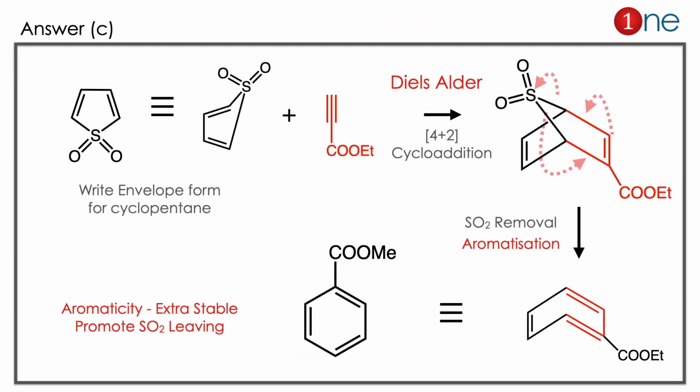This is a Diels-Alder reaction, in the plane sense. You have to write sulfur as the bridged atom, and the alkyne is the dienophile. If you do the reaction, you have a bridged compound. The only new thing is SO2 removal, which is the extra step here. With SO2 removed, it will undergo aromatization. So you have a 6-member ester there. The extra step is induced by aromaticity. So the answer is clearly C there, which is the ester.